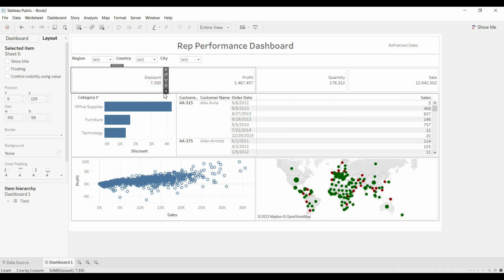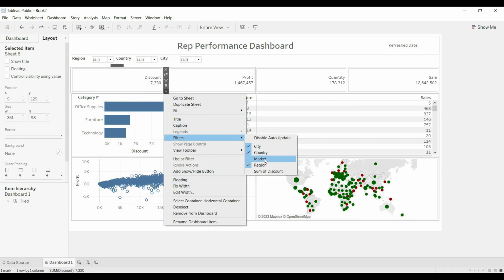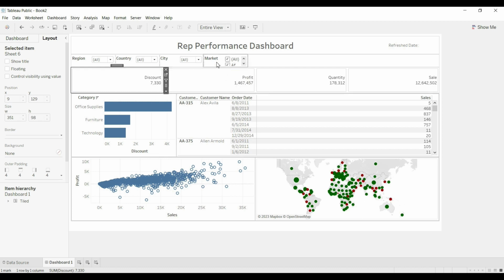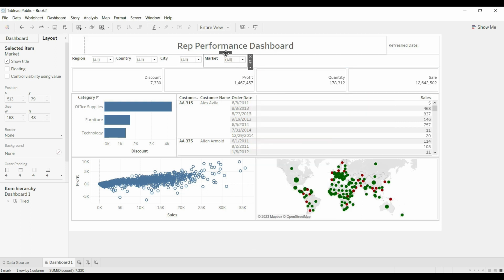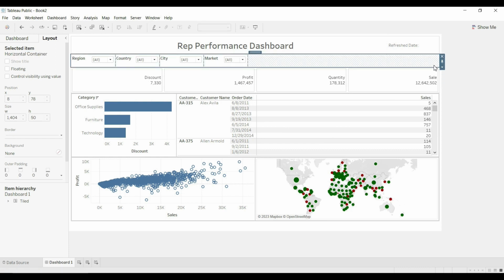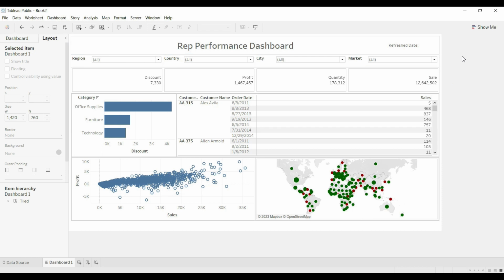And then we can have market. Now as all these charts are in a container, we can select distribute contents evenly.